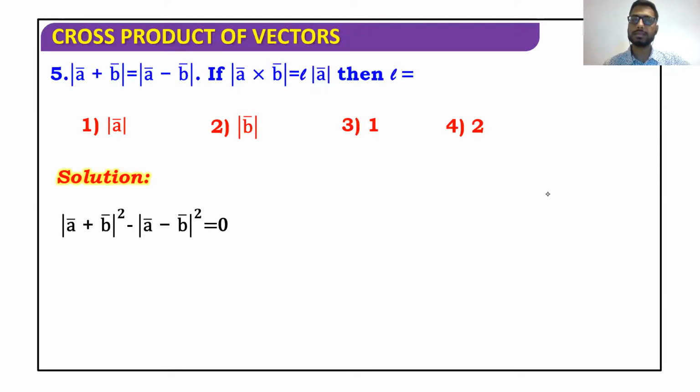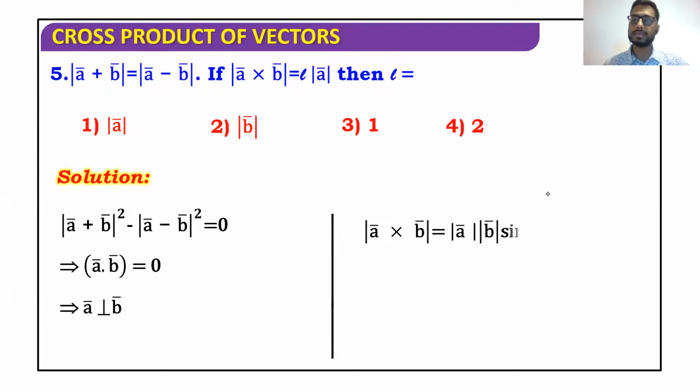I'm going to get this, a plus b the whole square minus magnitude of a minus b square. And when I simplify, as I said, all other terms will cancel out. The only remaining terms would be 2ab is equal to minus of 2ab, which leaves me with, even if I cancel out 2 and 2, ab is equal to 0. If my dot product is 0, the angle should be 90, or a bar should be perpendicular to b bar.